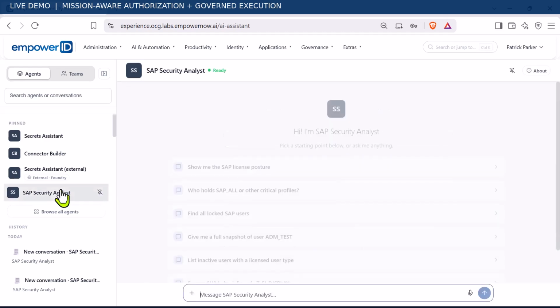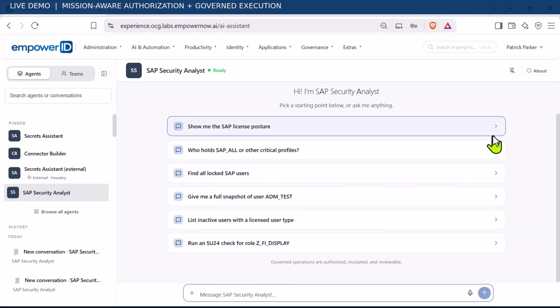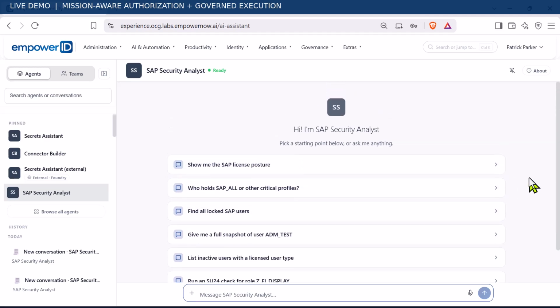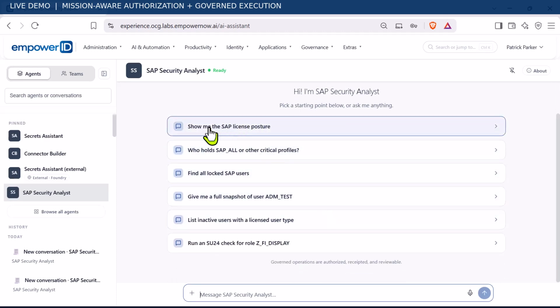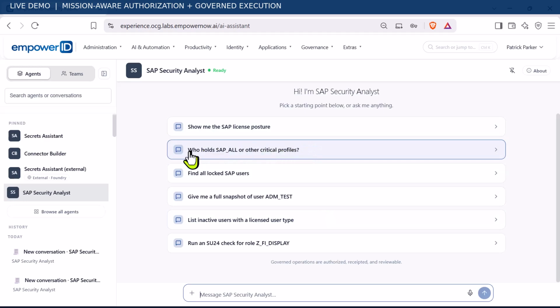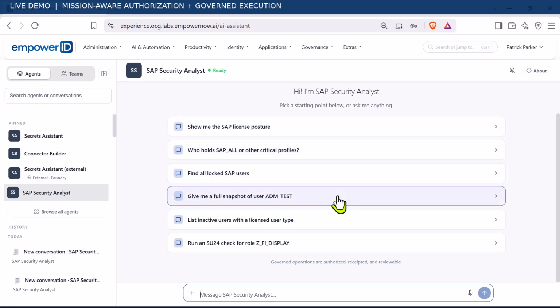In this case, we're going to do a quick example of an SAP Security Analyst agent, and it can analyze an SAP S/4HANA system. Here's some of the things it can do. Obviously, it can check license posture, critical role holders, see who's risky, see why they're risky. We are going to do something just for fun. We're going to say,